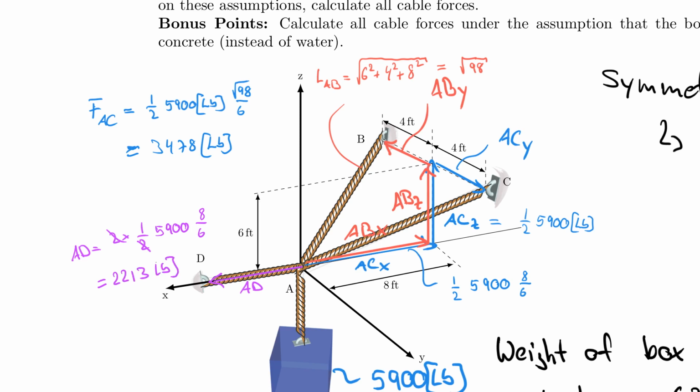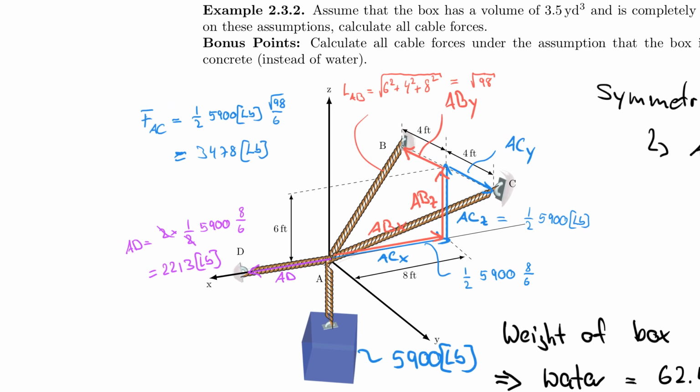2,213 pounds. And that actually solves the problem, right? Because I also already know that my FAC is equal to FAB, and therefore I have proper results here. I have the result up here, and I have the result down here. And of course, in an exam, I would write that much more neatly at the bottom of the page, but I need to keep the bottom of the page to now use the equilibrium